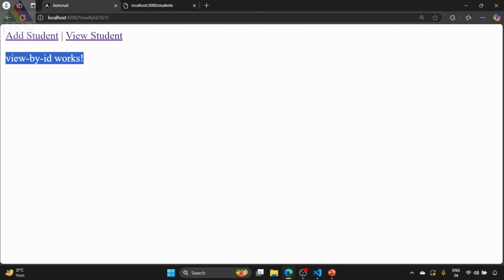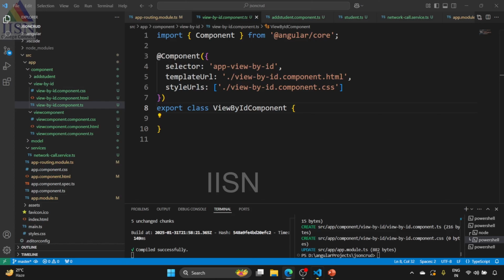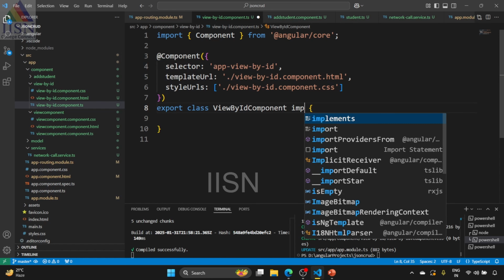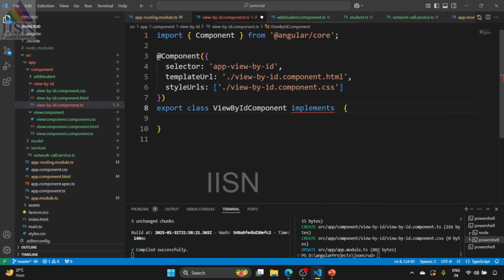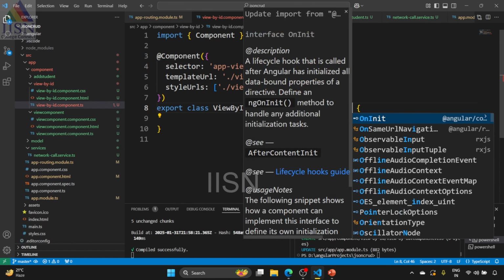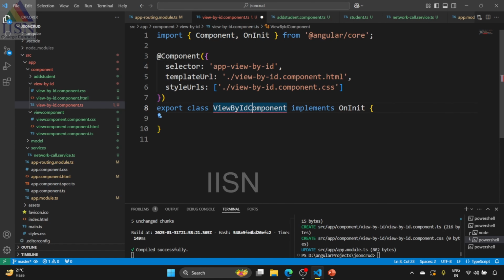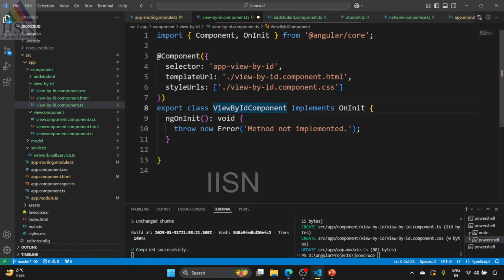When the particular component is loaded, here you see we have the ID, right? So in the address bar we need to read that ID. How it is possible means by using params. For that, before that, I'm just going to implement OnInit, ngOnInit. Here we are going to import and implement this. Inside this constructor I'm just going to